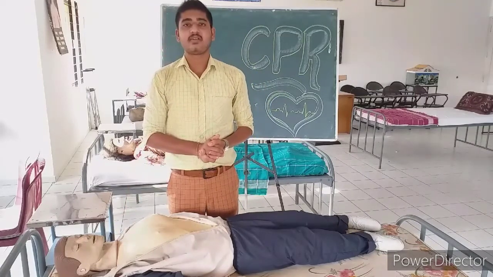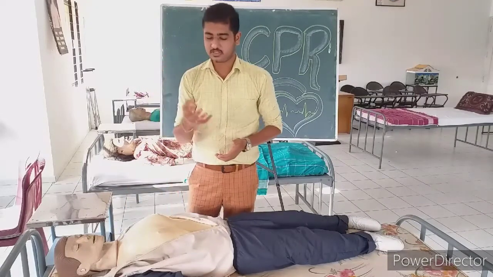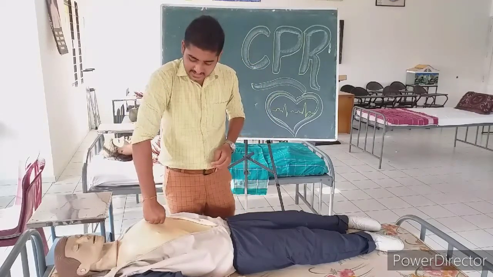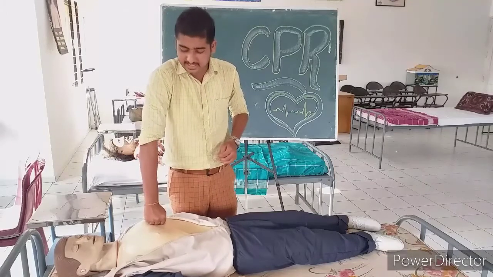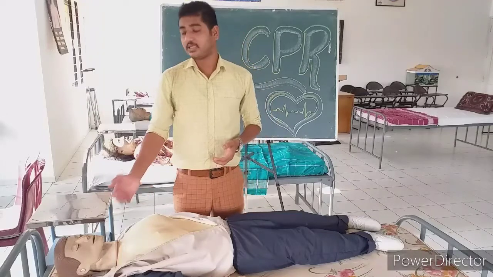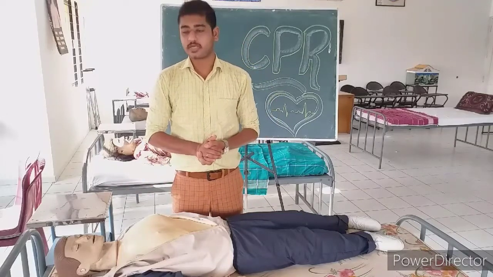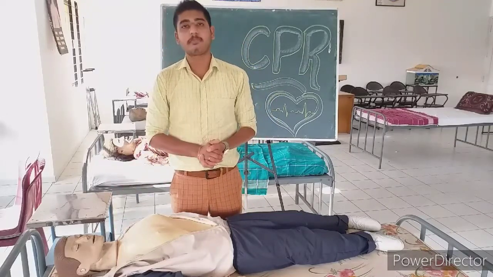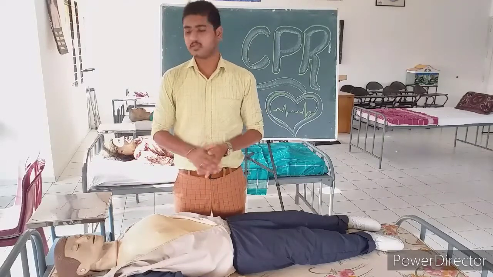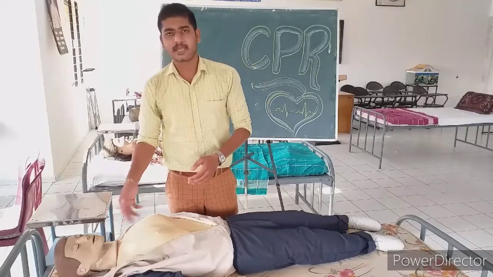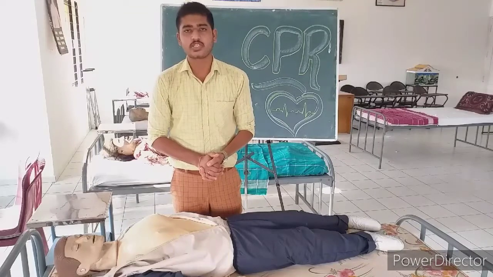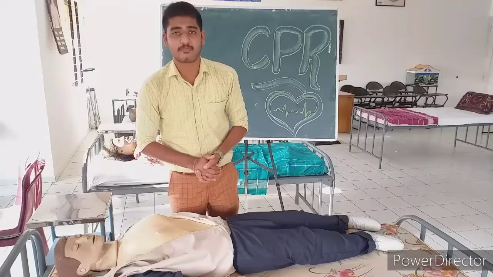One more way you can assess the pain response: close the 5 fingers into a fist and press it into the patient's chest like this, hard. This will also help you identify the pain stimulus from the patient. If the person does not respond to the pain stimulus, you go for the third one. It is enough that you do one pain stimulus response in this situation. If you want, you can go for both also, no issues, but you must be fast enough.